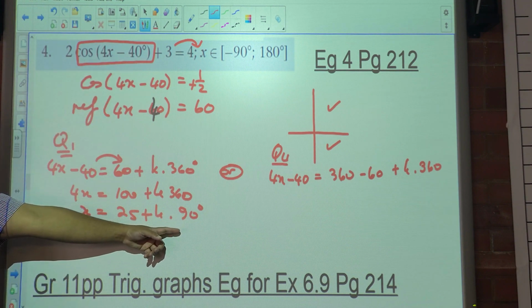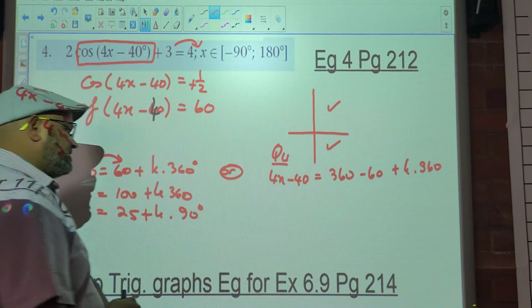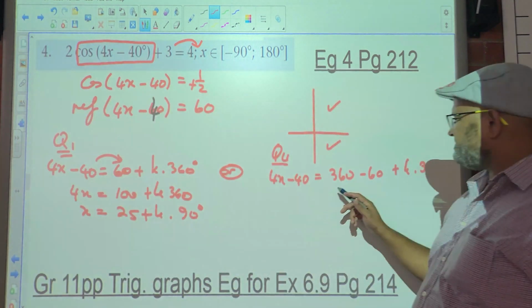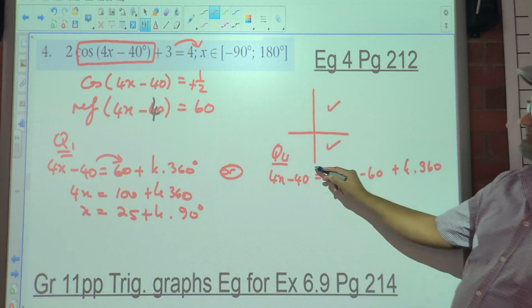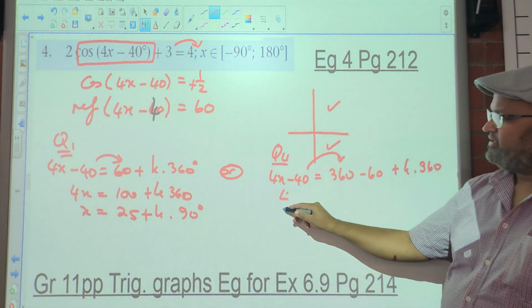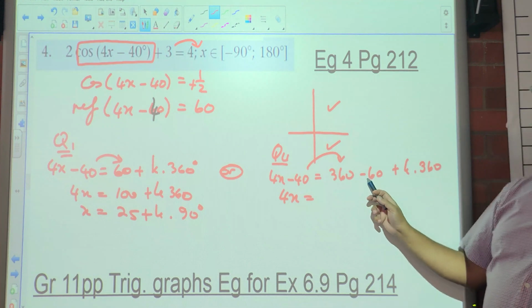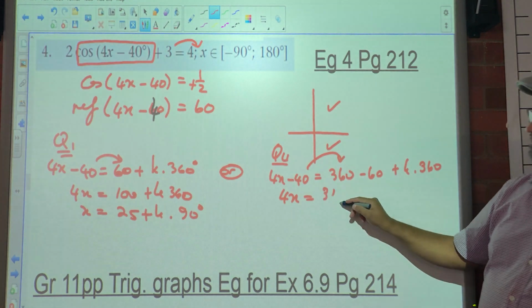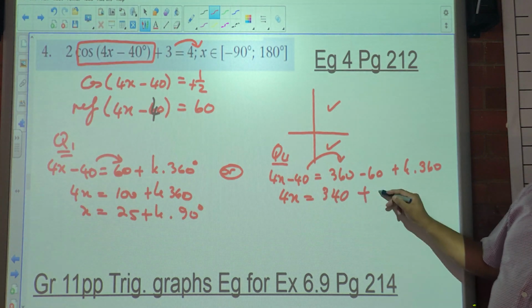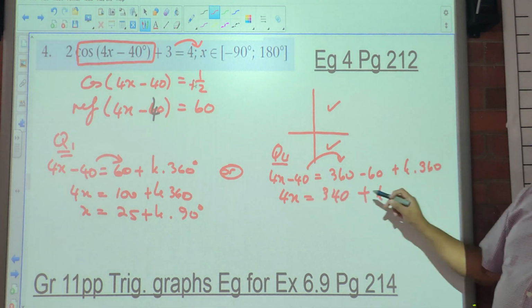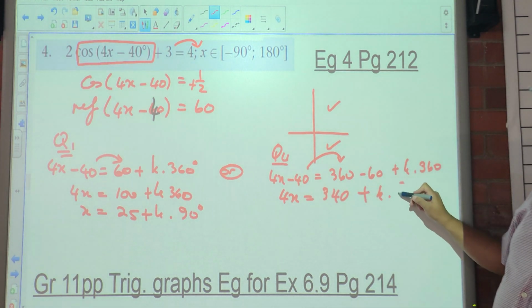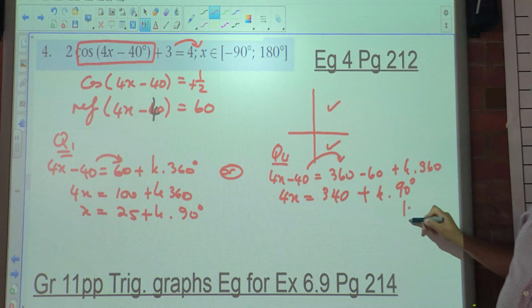The time taken to complete one full cycle is 90 degrees. In quadrant 4, we take that over. So 4x equals 360 minus 60, 300, plus 40 is 340, plus k times 360,